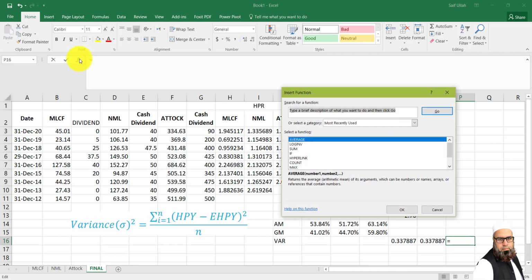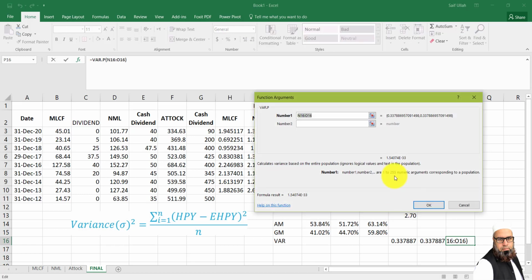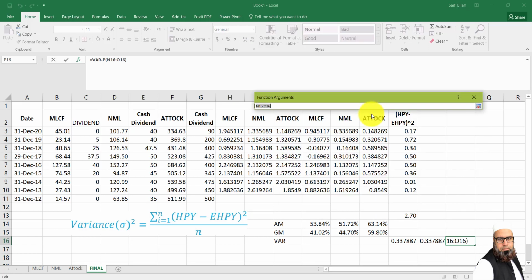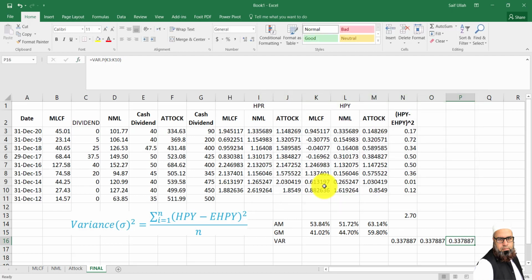I will write variance, and it will return different functions that can be used to calculate variance. I have used variance.p, which computes the variance of the entire population. Then I select the HPY values of MLCF and close the bracket, and here is the value of variance.